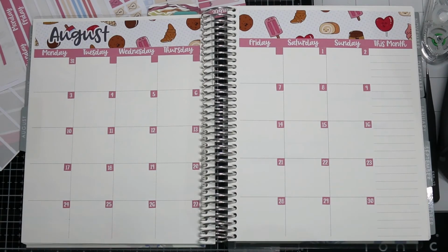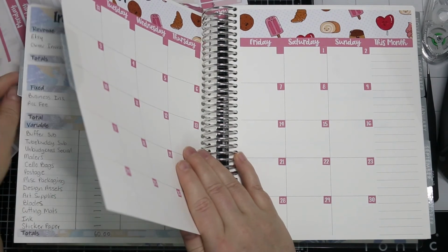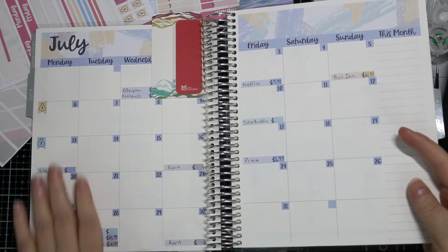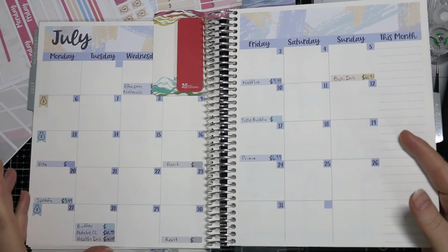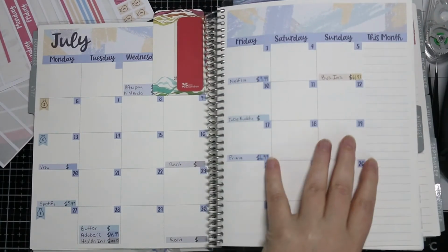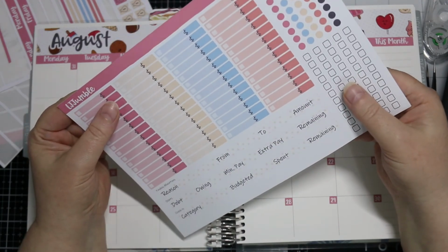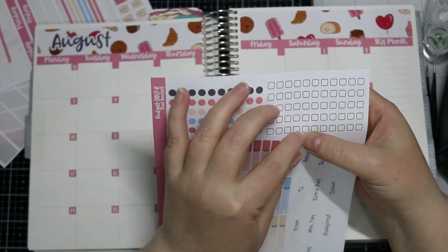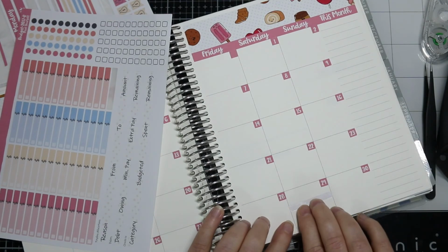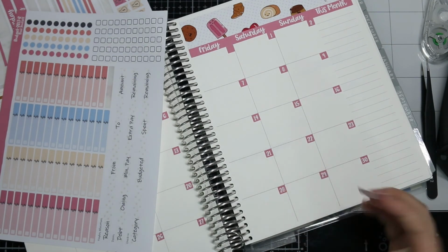So because this video has been so long, I'm not going to put in my expense things, if I can show you. Okay, so basically what I do is I put in all my expenses in here in these little things. I've actually got that kit was actually not quite the right size. I'm pretty sure this one is. I'll just take one off and just double check, because if I haven't fixed that, yep, fixed it. Okay, so they are the width of that, so I can fit like 5 of them